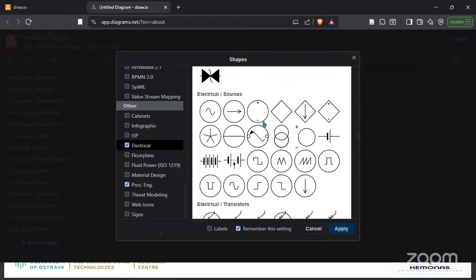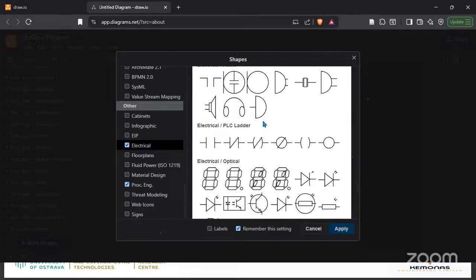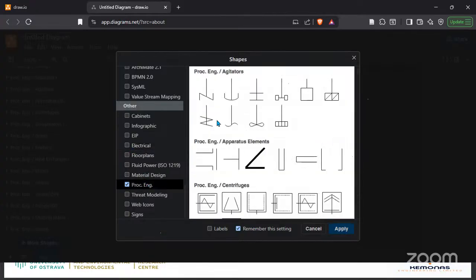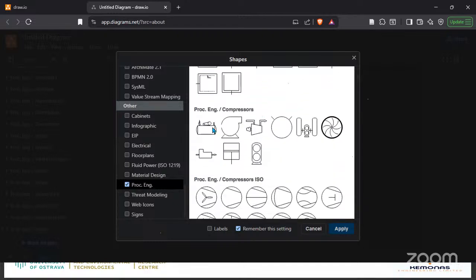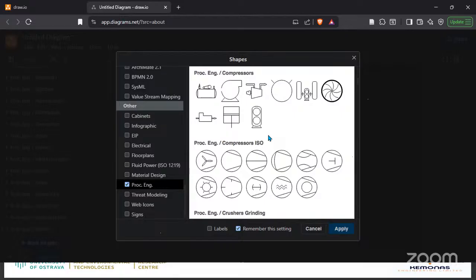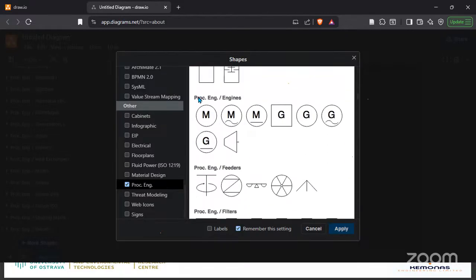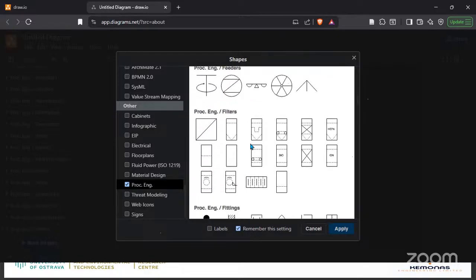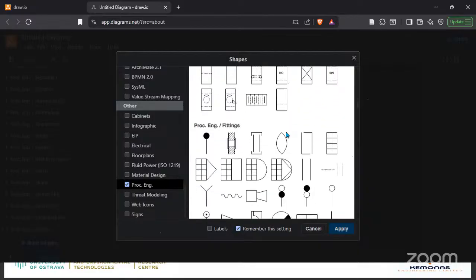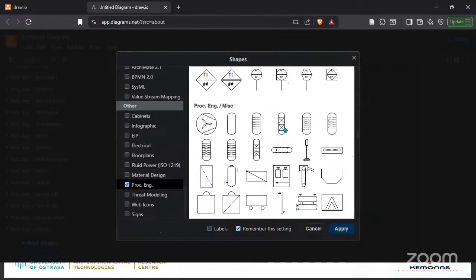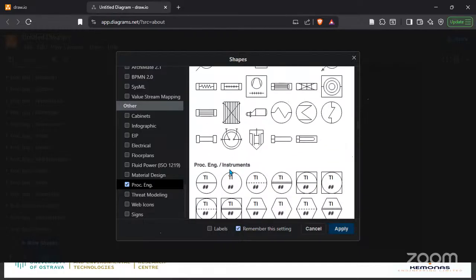And you need them if you want to go into control and instrumentation. But for process engineering, this is what you need: the symbols for the valves, the pumps, compressors, and basically that. Then of course the engines, the motors, or whatever. So feeders and stuff. So if you have this, and of course the instruments,